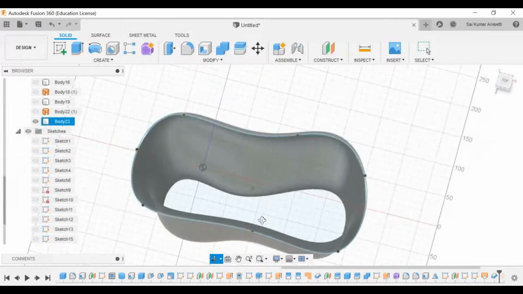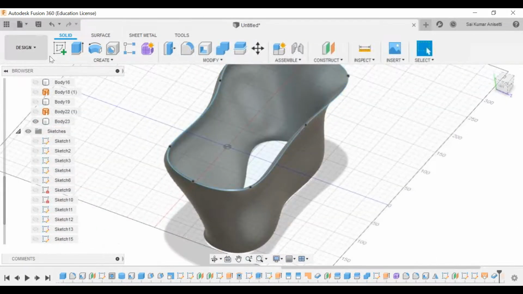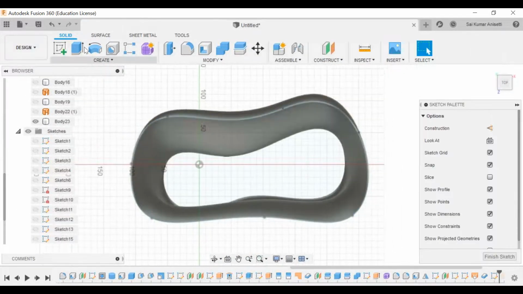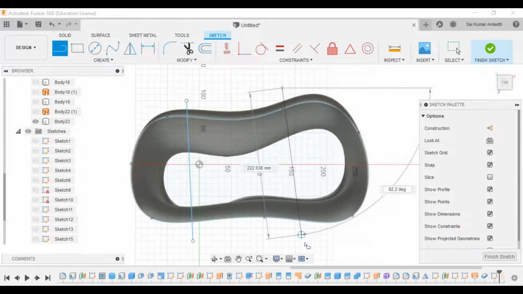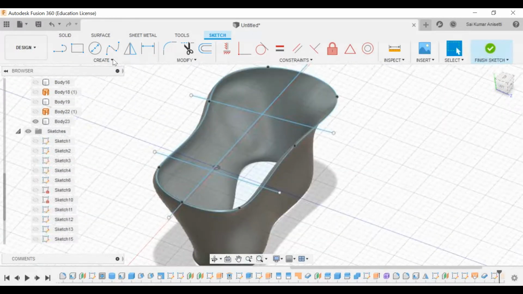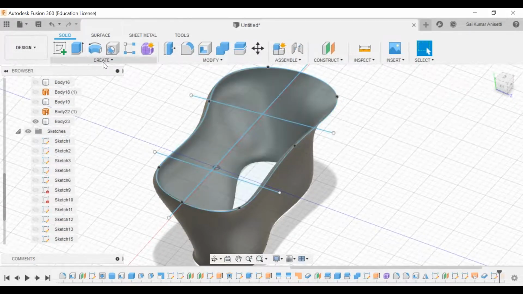Okay. Now I'll make a simple sketch onto this plane. Now I'll just go with these random lines. Finish that. So now I'll create a web.